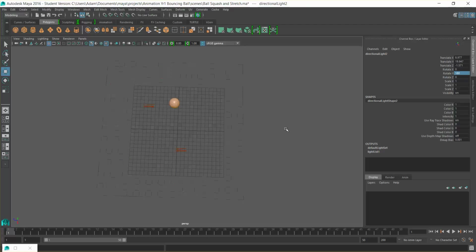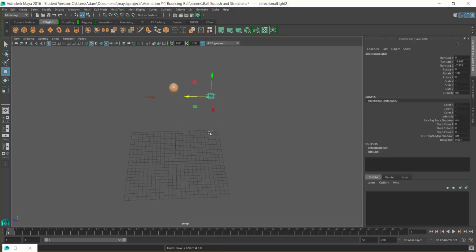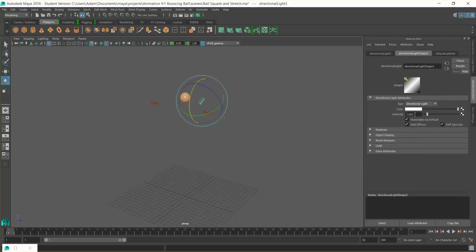Okay, I pushed Ctrl D, but the other one seems to have gone. Okay, so let's just put that back. Ctrl D again. There we go. And I'm just going to take that back to 90. Which I'll put it in there. So what I'm going to do is imagine at this point is where my camera is. I'm just going to rotate that backlight down, and I'm going to put that around